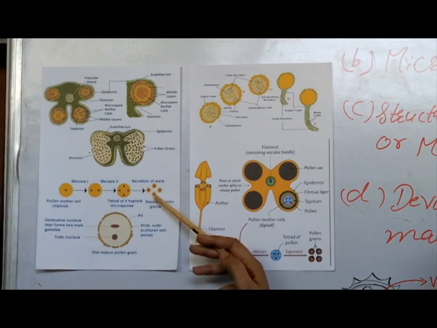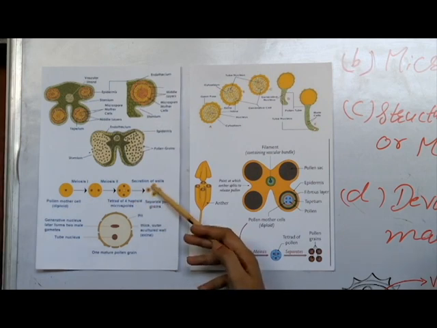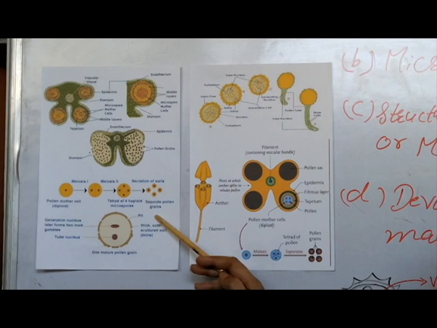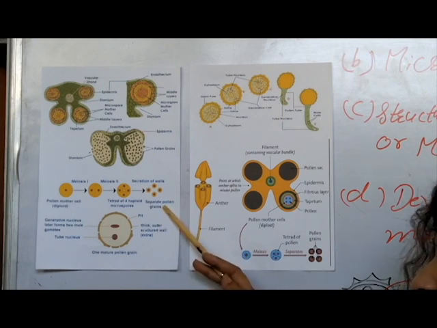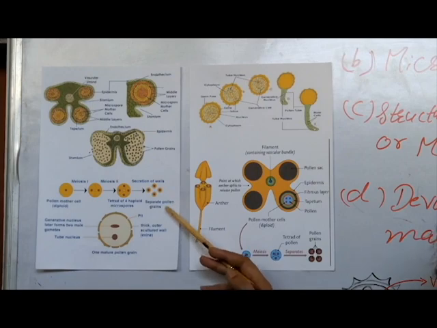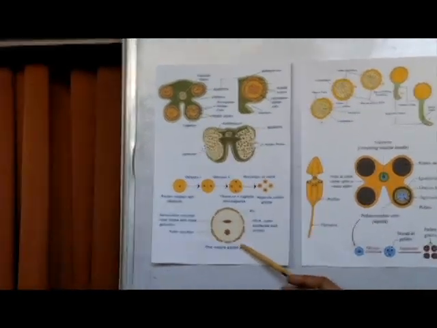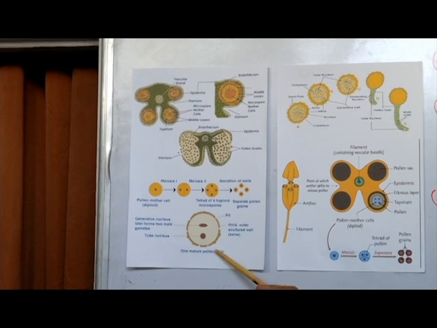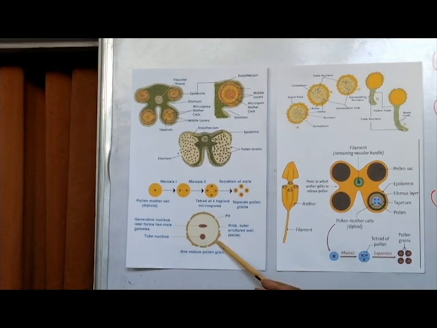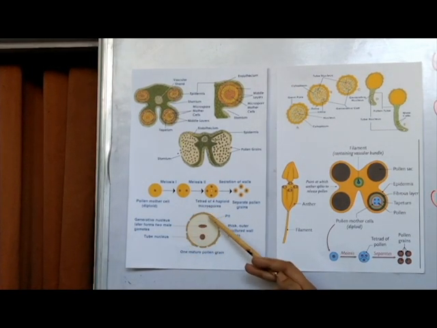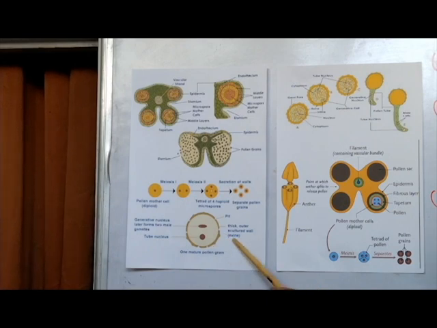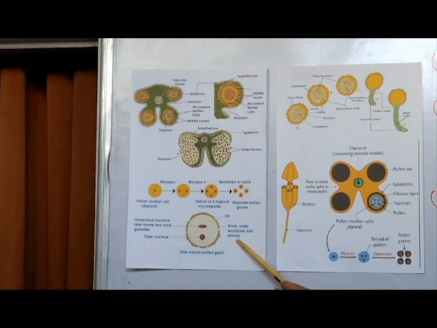When microspores are attached, they are called a tetrad. When they separate from each other, they are called pollen grains. Pollen grains are male cells of plants. You can see the pollen grain structure. Each pollen grain is spherical or round in shape. It has 2 layers. The outer wall is called exine, and exine is made up of a very resistant chemical, sporopollenin, which is produced from tapetum.